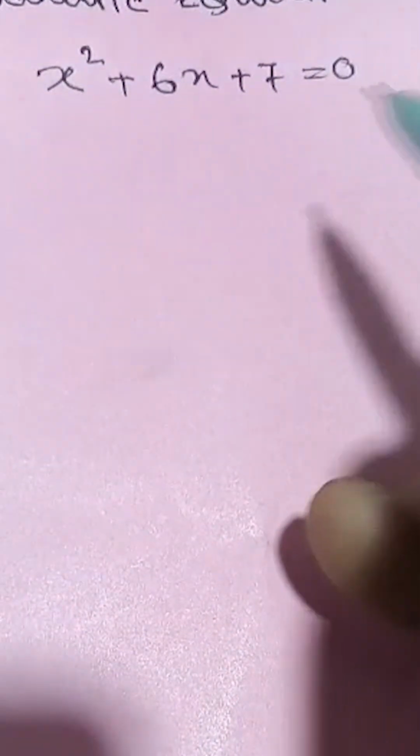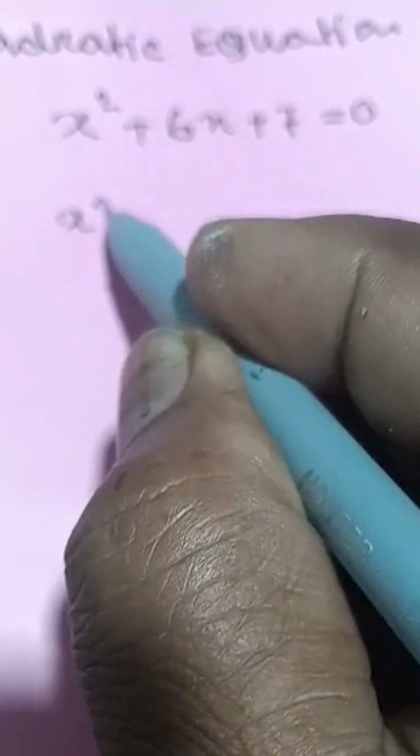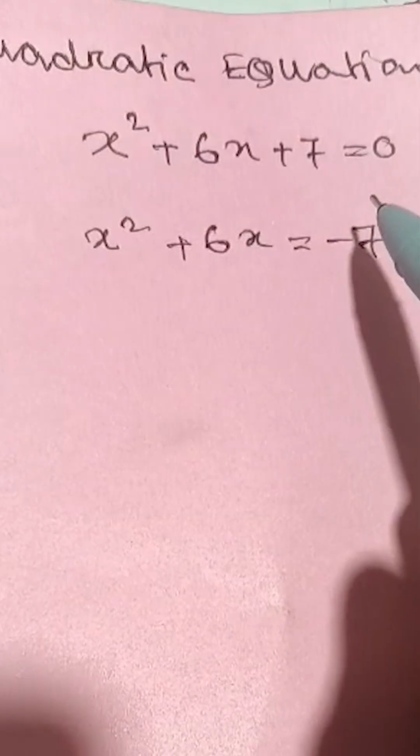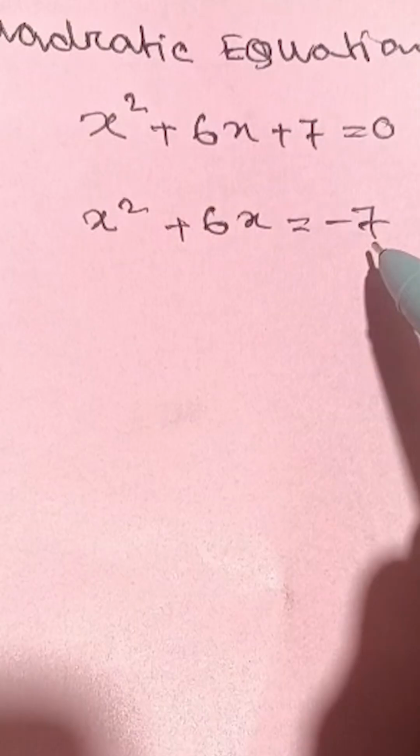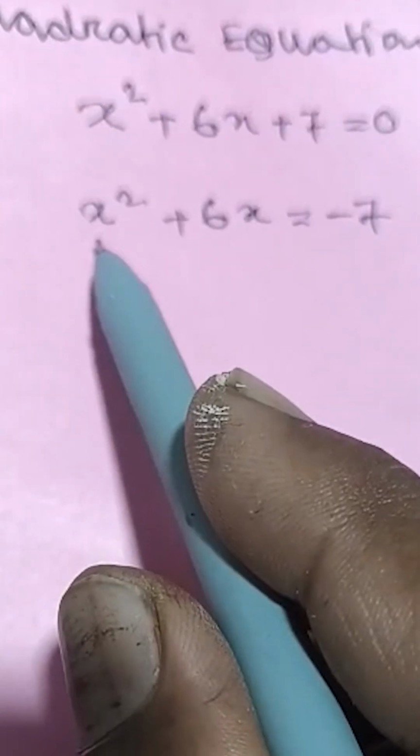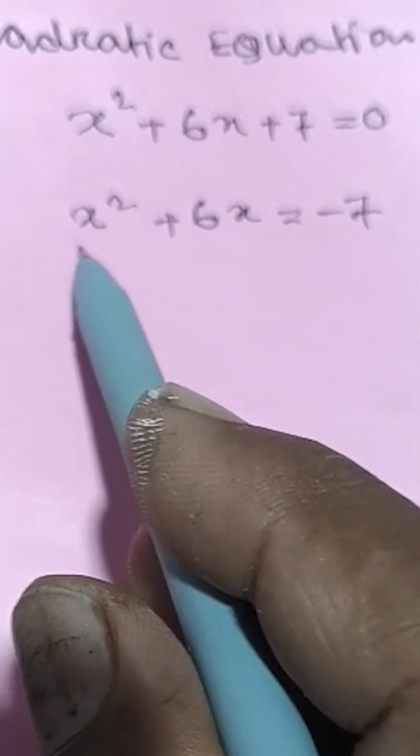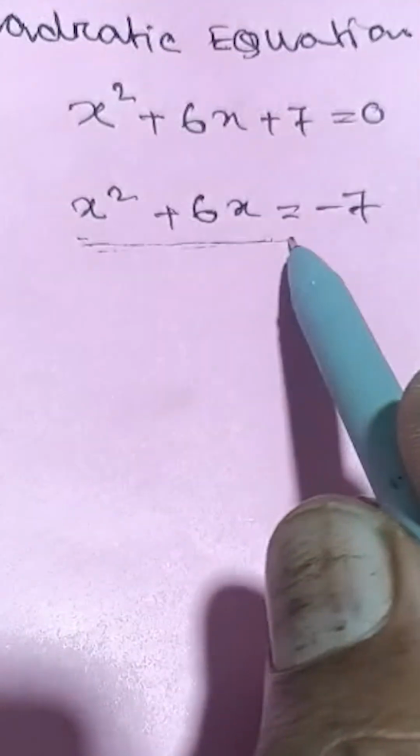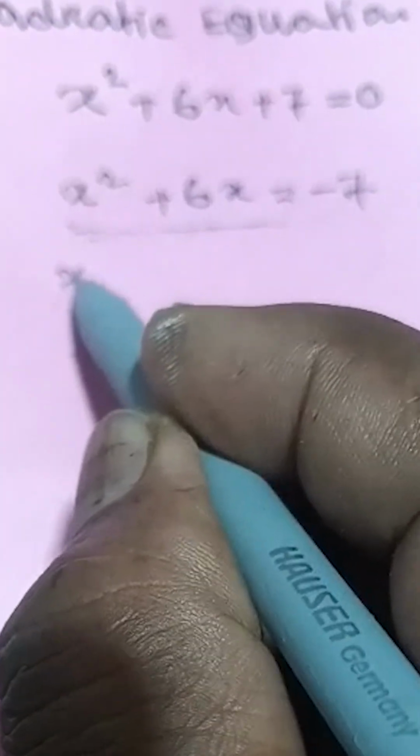Here we will write x square plus 6x equal to minus 7. Means you see this constant term I have taken to the right hand side. Why? Here you have been asked to solve it by the completing square method. So you try to make it a formula of a square plus 2ab plus b square, or a square minus 2ab plus b square. Since there is a plus sign here, it will be the formula of a square